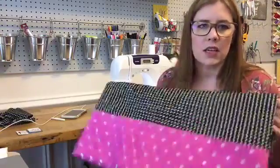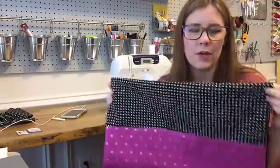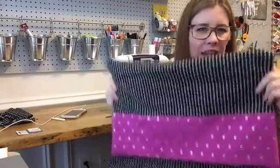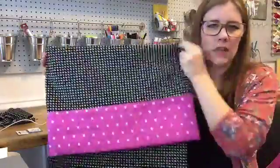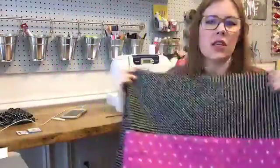But I definitely recommend pre-washing. This is a pillowcase. If you don't pre-wash it, and if you are starting with good quilting fabric, it's not going to shrink that much, and you'll be fine. I don't think it's going to pucker weird or do weird things. But in general, you should